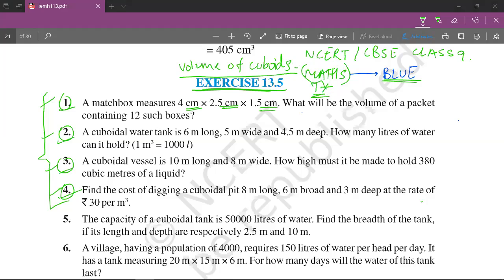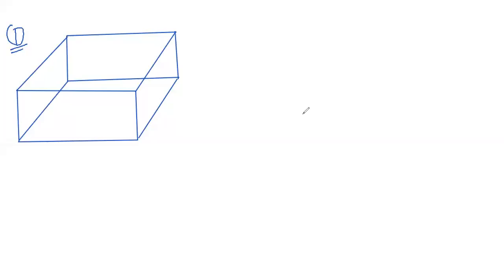So we'll draw a figure first. Always draw a figure first. In my previous videos, I've always recommended drawing a figure so that there's no confusion in solving surface area and volume problems. So first I'll draw a figure of a cuboid. Okay, so this somewhat looks like a cuboid. And then finally we'll enter the dimensions. So this is known as the length, this is the breadth, and this is the height. So we'll enter the values. Length is 4 centimeters, breadth is 2.5 centimeters, and height is 1.5 centimeters.